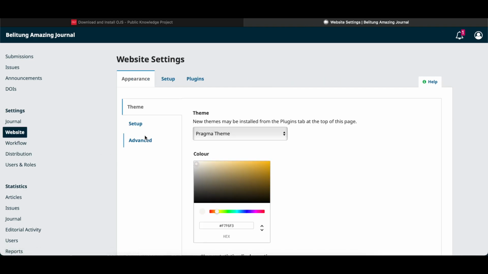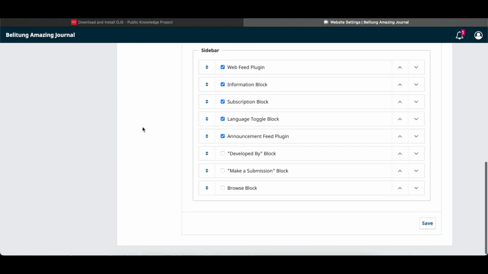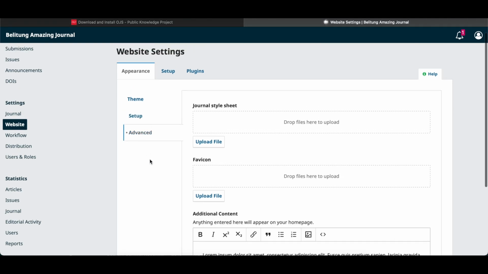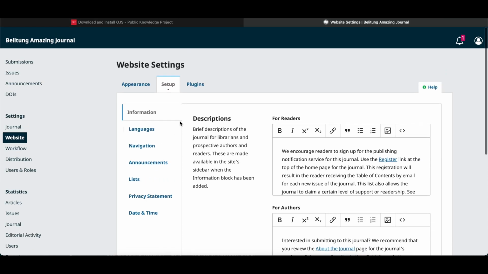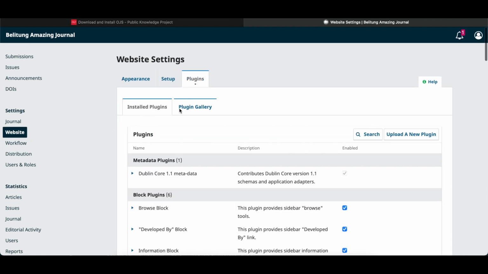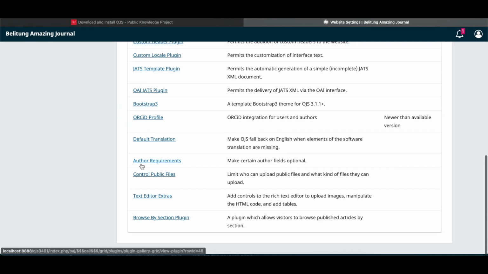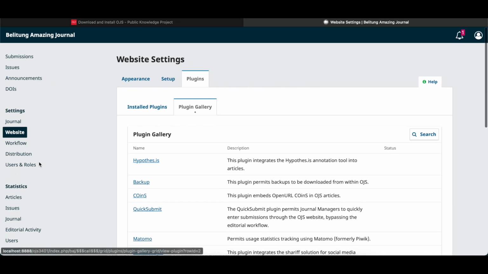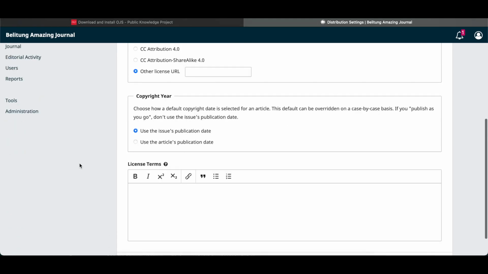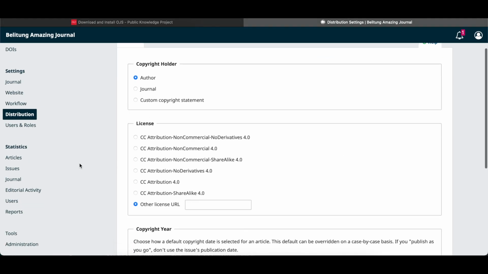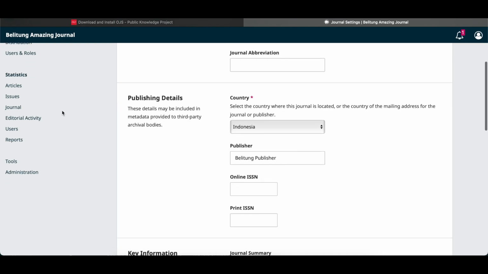And for the website, again, you can see there is something different that we can take a look at. For the plugin gallery, I think they are mostly the same. And for the distributions, we already covered it. For the journal identity,